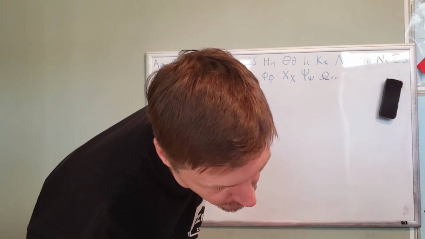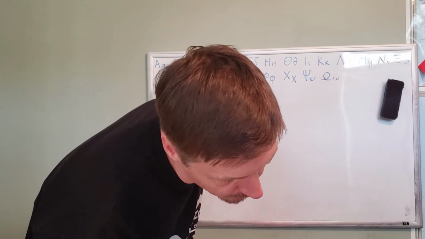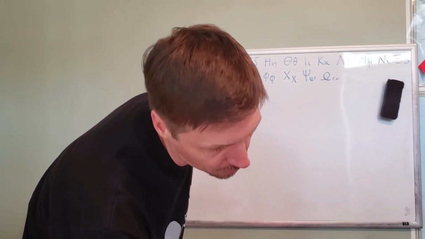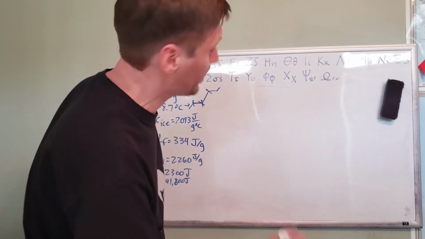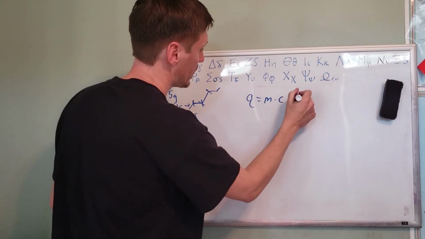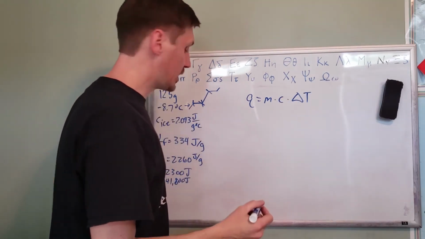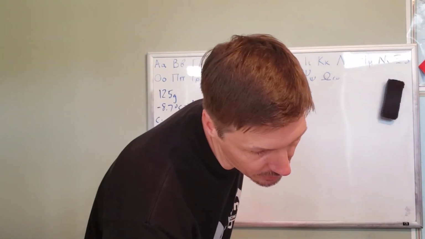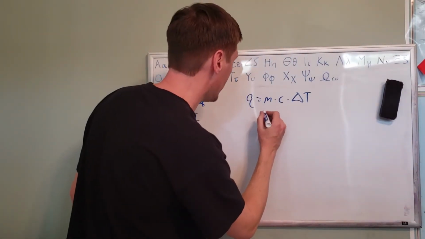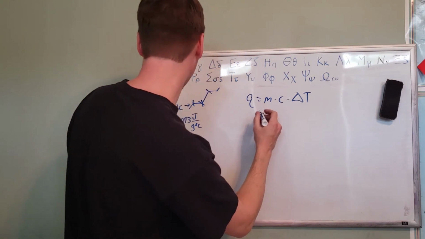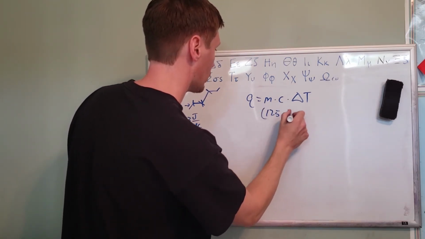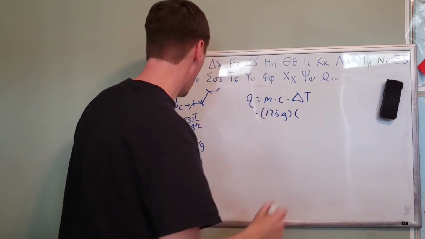Now we're not using latent heat. We're back to the specific heat that we had learned earlier in the chapter. So this is going to be Q equals M times C times the change in T. Well, nothing really changes from the first equation that we did. Actually, it does. So here the M is going to be 125. That doesn't change. Still 125 grams. But this time, our C